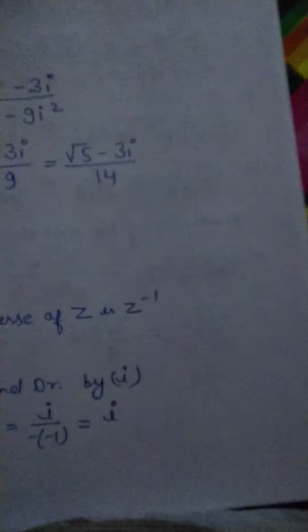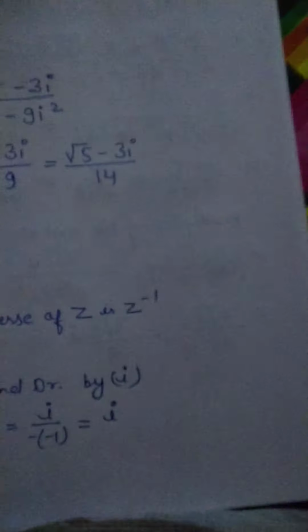Just see it over here. This is a question given to find the multiplicative inverse of the complex number given in exercise questions 11 to 13, and question 11 is 4 minus 3 iota. Let z be equal to 4 minus 3 iota, and as I have told you, the multiplicative inverse symbol is z to the power minus 1, and z to the power minus 1 can be written as 1 upon z.